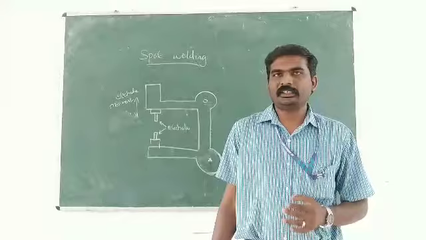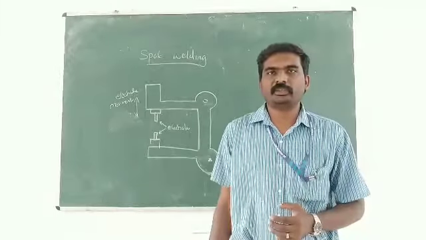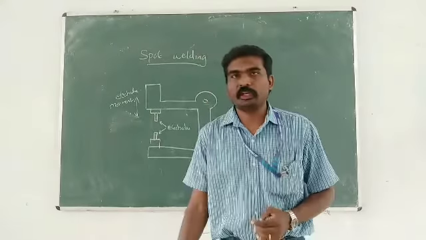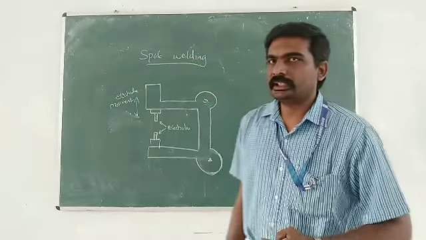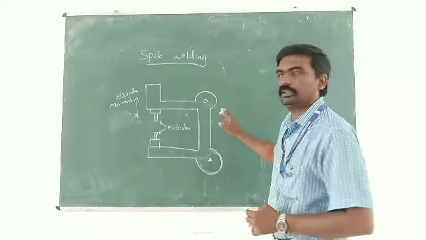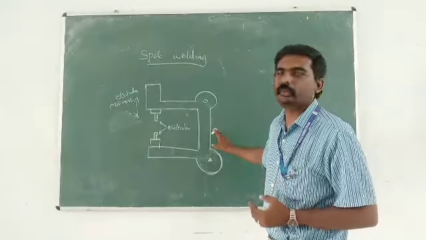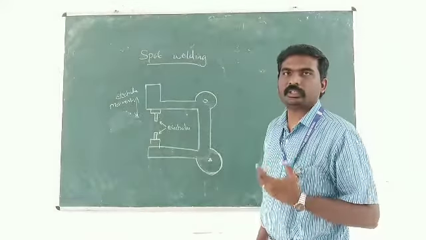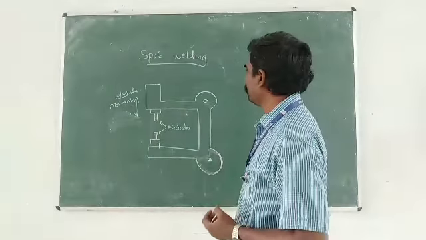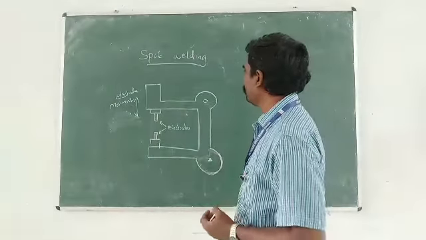Okay, good morning. Today we are going to discuss the next industrial application of robots, that is spot welding. You can see the rough diagram of welding equipment which we utilize with the help of a robot. Here you can see two finger points with electrodes. Here we can rotate the arms.